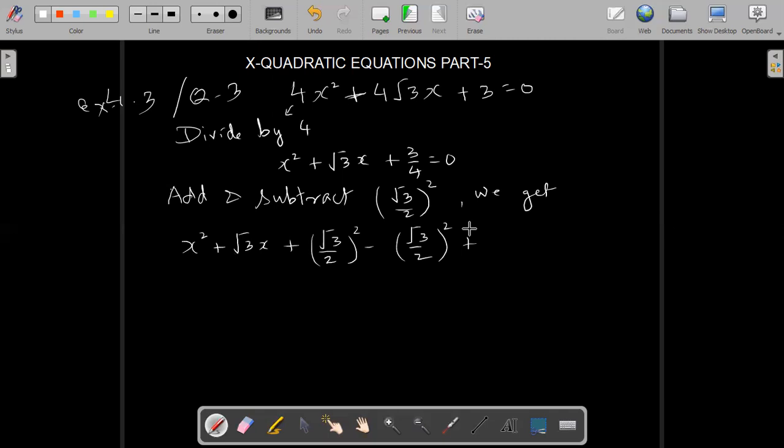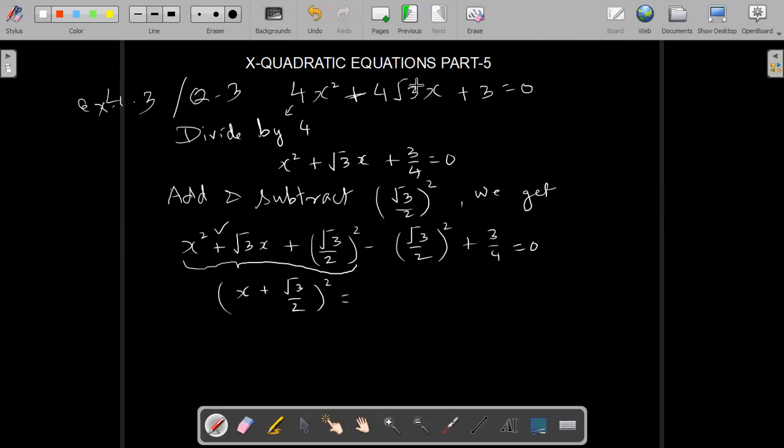No need to change anything. 3 by 4, write as it is, is equal to 0. And this will become the whole square. Completing the square, it will complete the square. So here it is plus, so we will take x plus root 3 by 2 whole square is equal to,